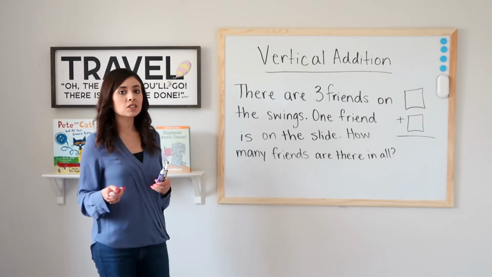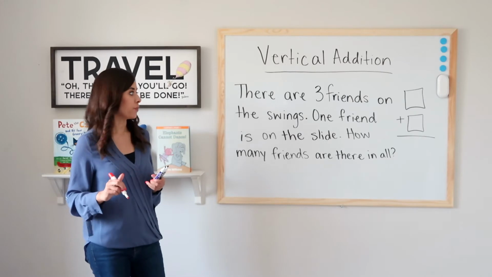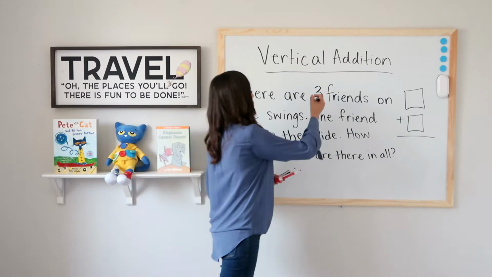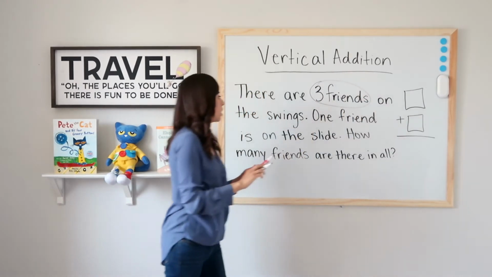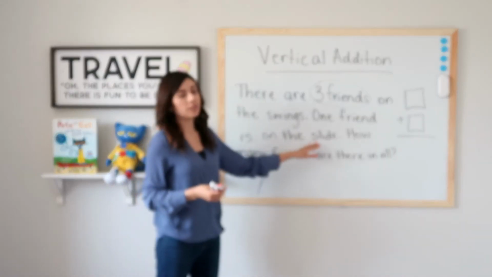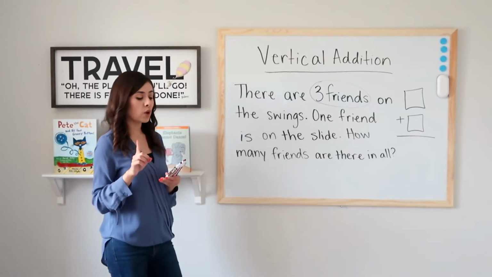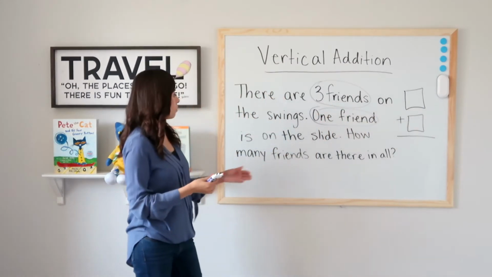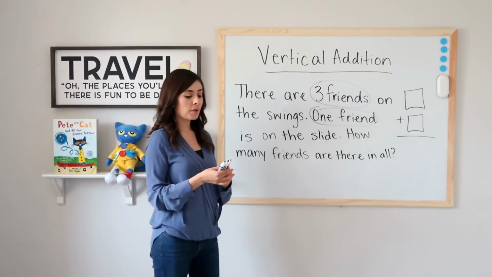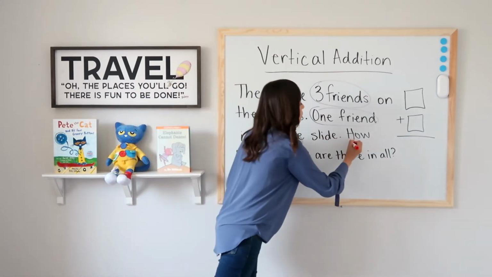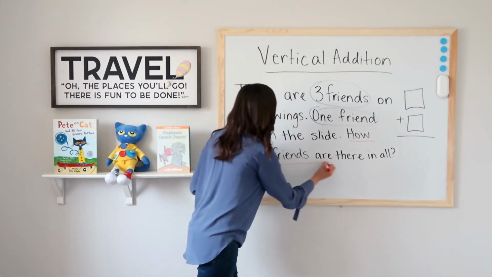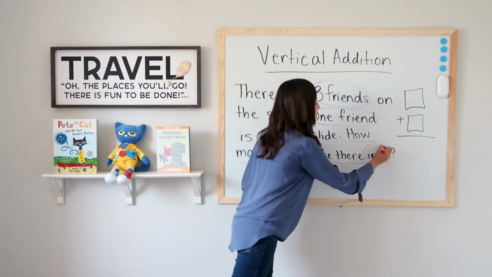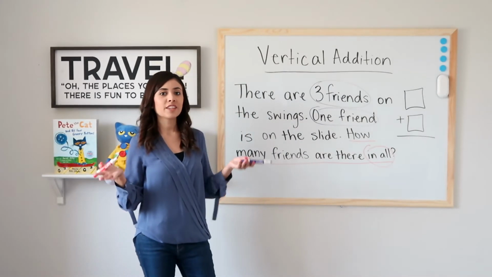So remember, I like to go back and circle what I already know. I know that how many friends are on the swings? 3. Good. So I'm going to circle 3 friends. 1 friend is on the slide. How many friends are on the slide? 1. Good. So I'm going to circle 1 friend. How many friends are there in all? Remember, I always like to underline my question because it allows me to focus on it, okay? And in all means to add. Very